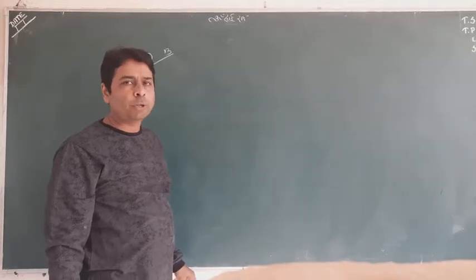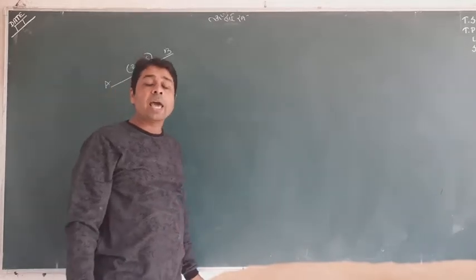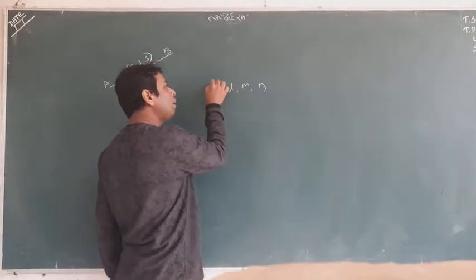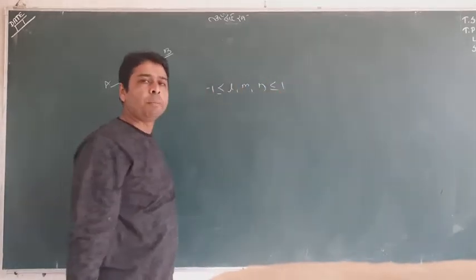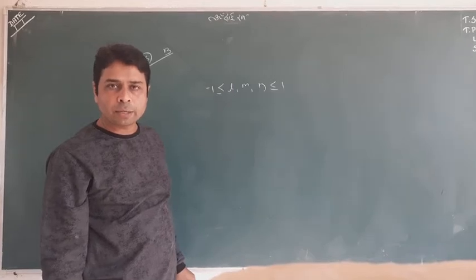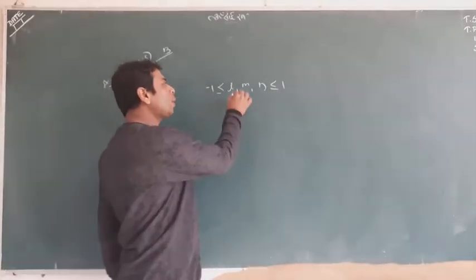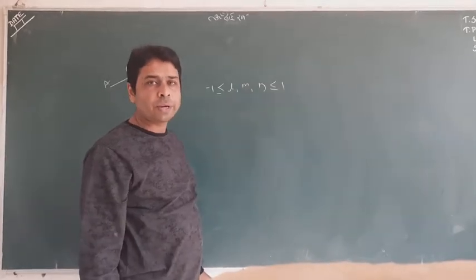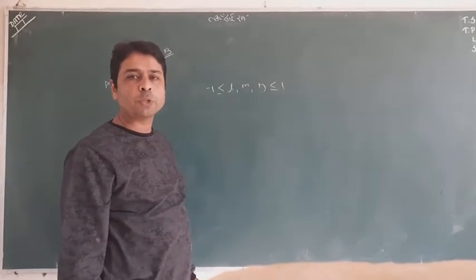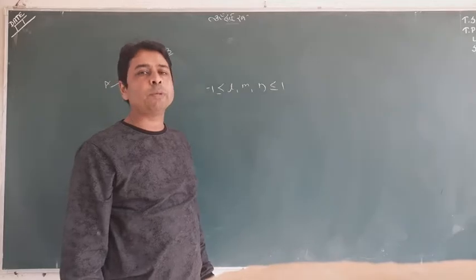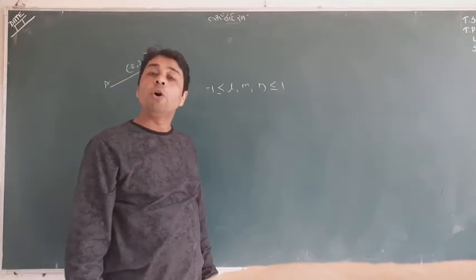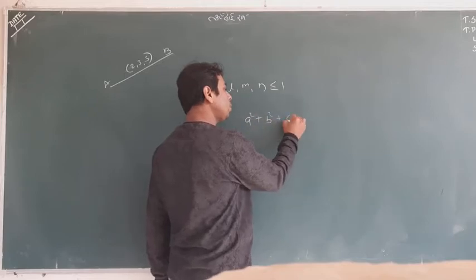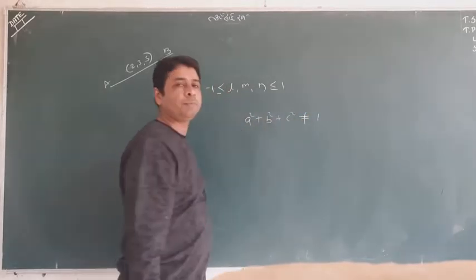There is no foundation of ABC as there is for L, M, N, where we had a range from -1 to 1, but there is no such criteria for ABC. One more thing, l square plus m square plus n square was 1, but here there is no condition of A square plus B square plus C square equal to 1. A square plus B square plus C square is always not equal to 1, never equal to 1.